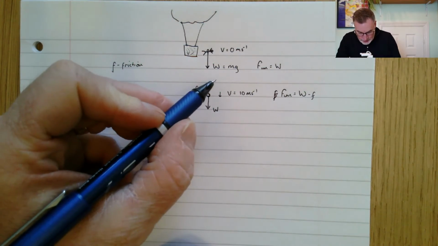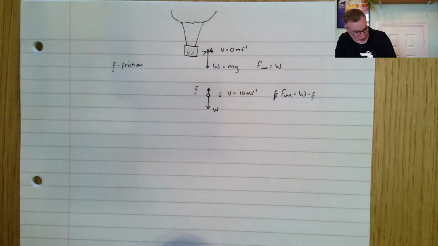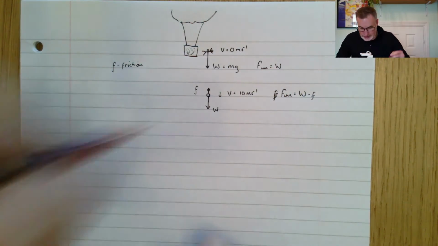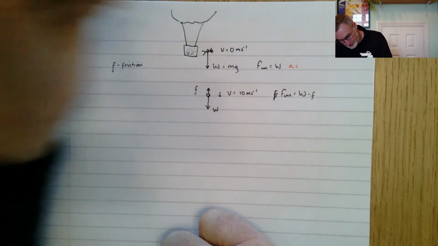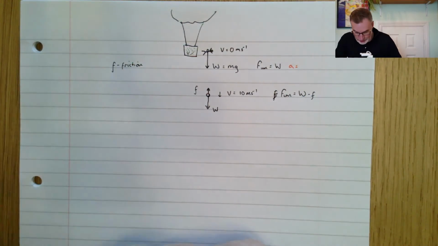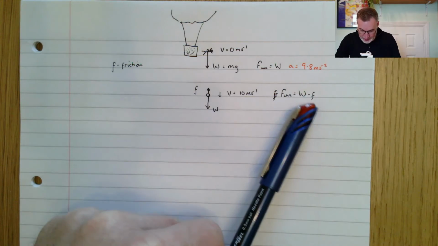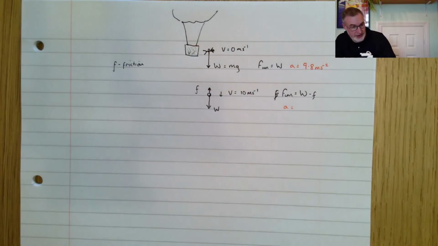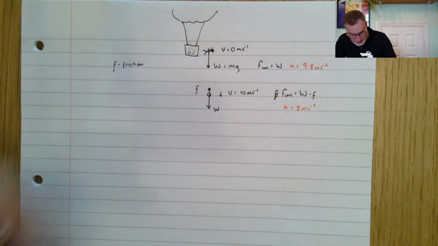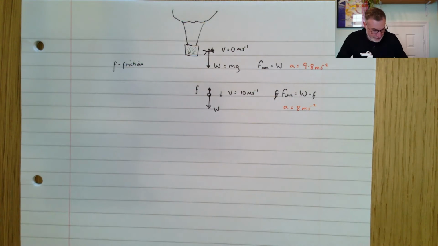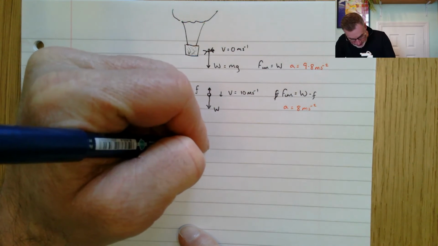And so the outcome of this, where at this point when the weight was unopposed, his acceleration would have been 9.8 meters per second squared. But now sometime later we're going to have a bit of friction, we're going to have a smaller unbalanced force, and so our acceleration is going to be something less. Let's just call it 8 meters per second squared. Sometime later